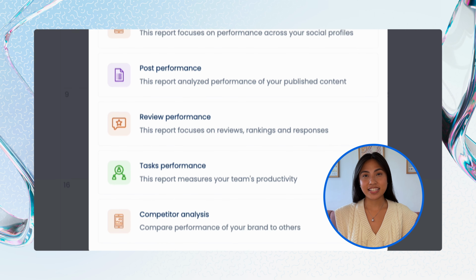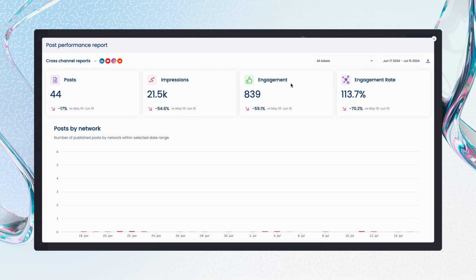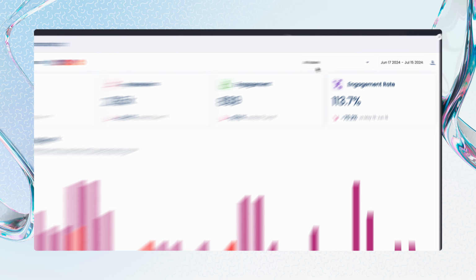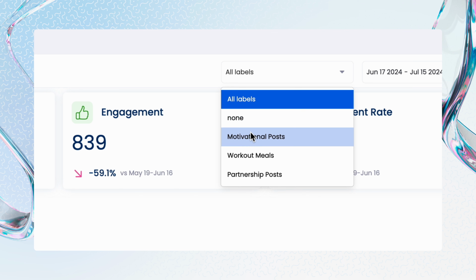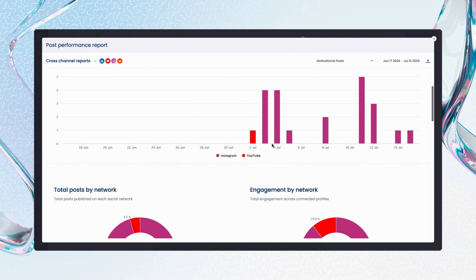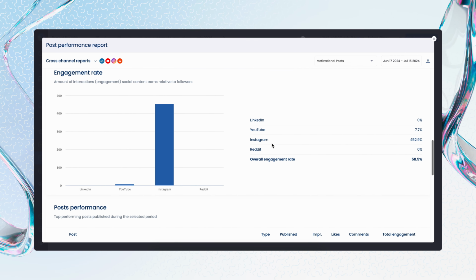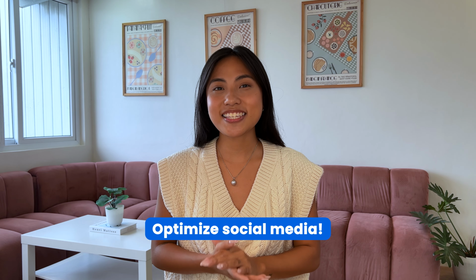Now let's get into it. You'll notice Vistasocial has several report options, but we want to focus on the post performance report. When you open it, you'll see an option to choose a label next to where you can choose the day range. Just choose one of the labels to filter this report by. Now you'll be able to get insights on your campaigns, posts, impressions, and engagements, and pinpoint opportunities to optimize your